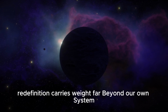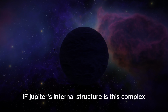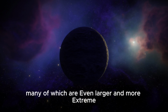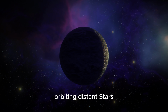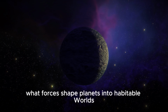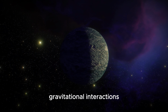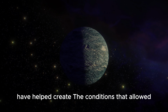This redefinition carries weight far beyond our own system. If Jupiter's internal structure is this complex, what does that imply about the exoplanets we've found, many of which are even larger and more extreme? Could similar dynamics be hiding in the giants orbiting distant stars? And more importantly, what forces shape planets into habitable worlds? Could Jupiter's behavior, its magnetic shielding, gravitational interactions, and ancient composition have helped create the conditions that allowed Earth to